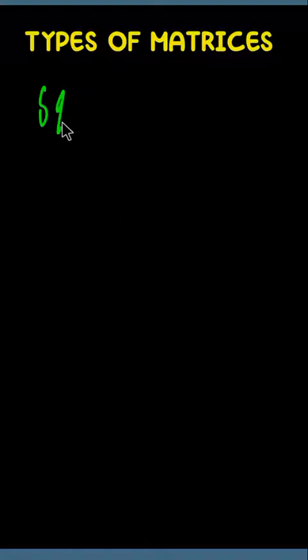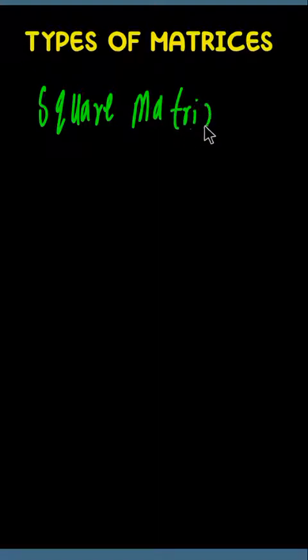Square matrix. Now, a square matrix is a matrix in which the number of rows is equal to the number of columns. For example,